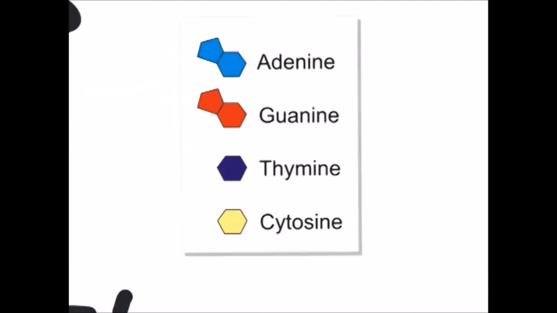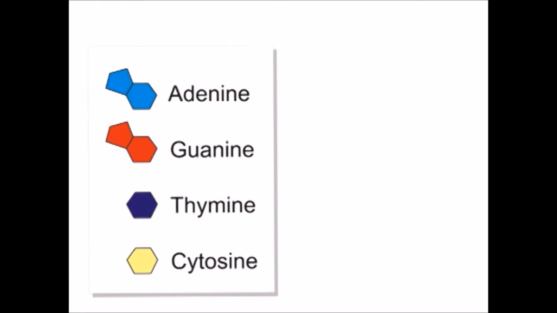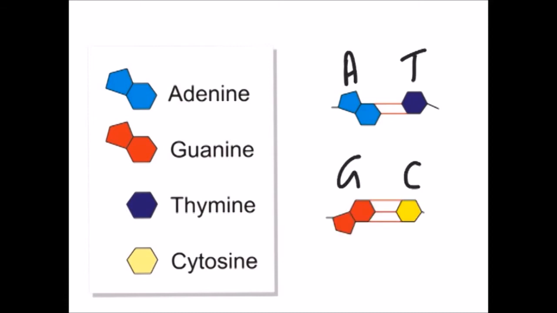Let's now look into the bases mentioned earlier. DNA contains 4 bases: adenine and guanine, which are purines, and thymine and cytosine, which are pyrimidines. A pairs with T, and G with C. This pairing ensures that the diameter of the helix is constant, and is partly responsible for the thermal stability of